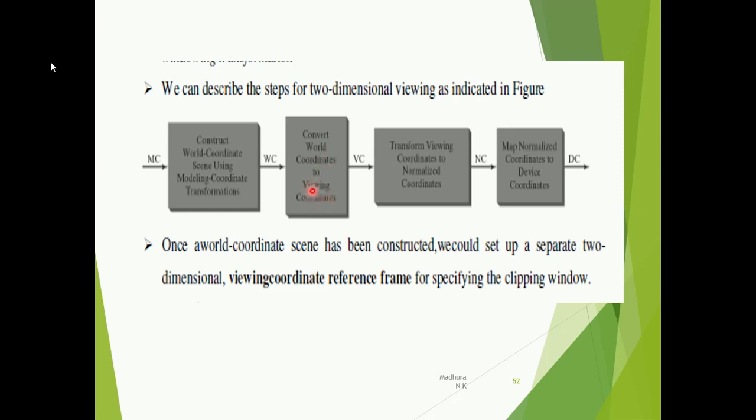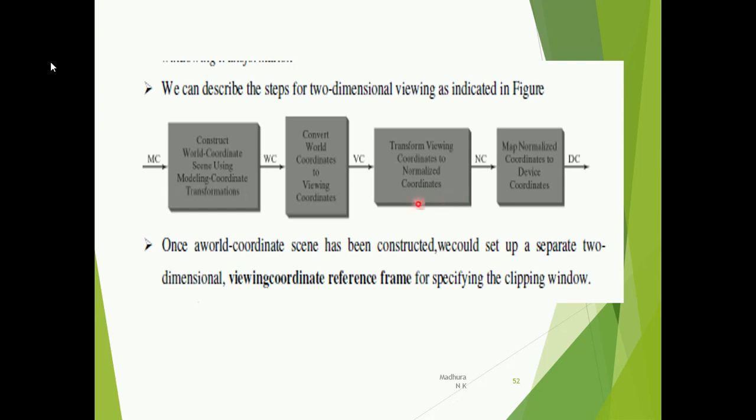After this process, the viewing coordinates you get will be transformed to normalized coordinates. When I say normalized coordinates, the values will be between -1 and 1.